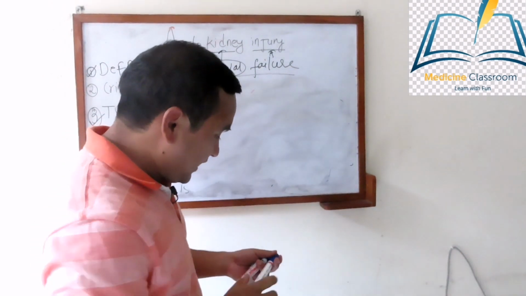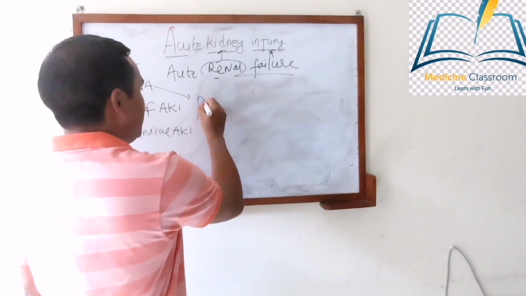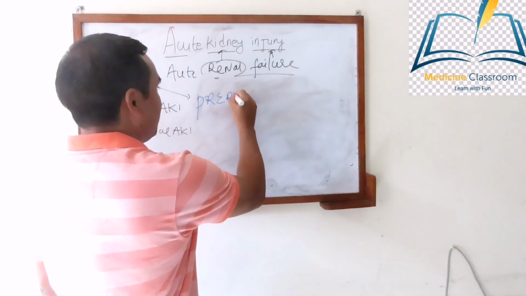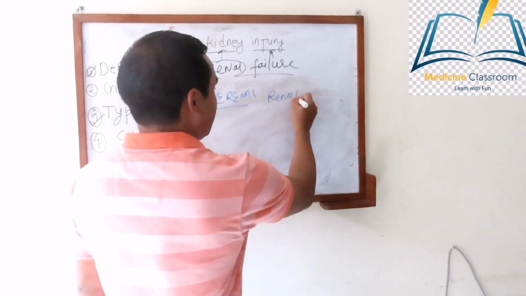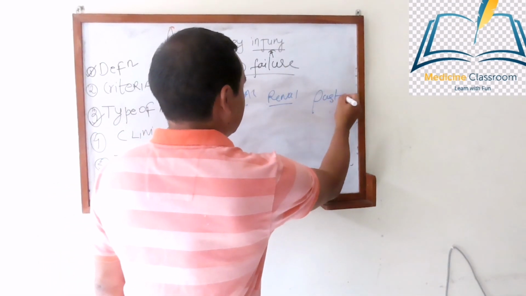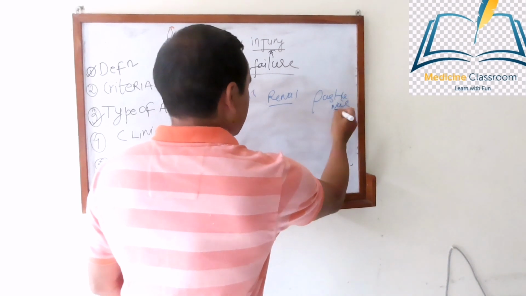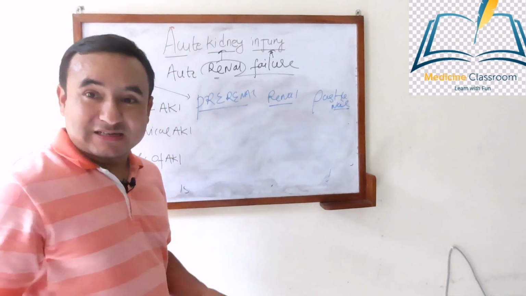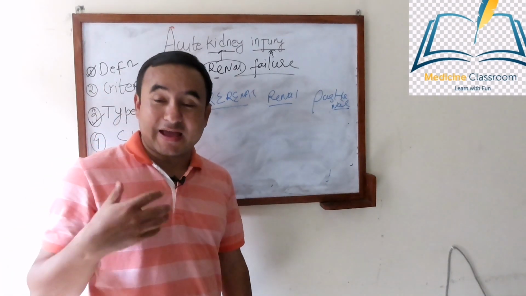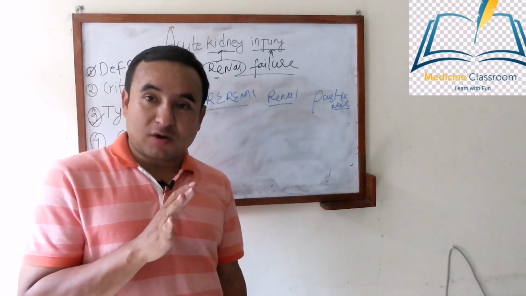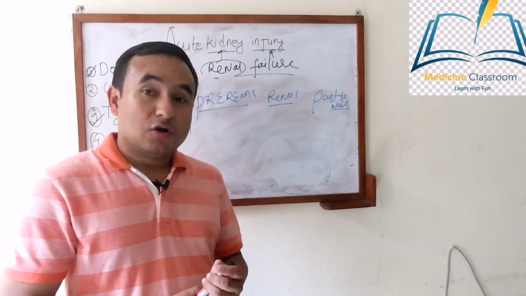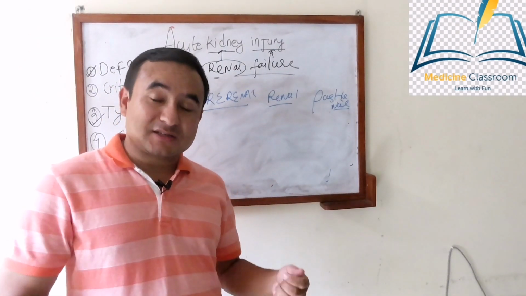One is the pre-renal type, another one is renal, and third one is the post-renal. So, in the pre-renal type, especially if there is an excessive amount of volume loss from our body, like if someone is having excessive vomiting or diarrhea,